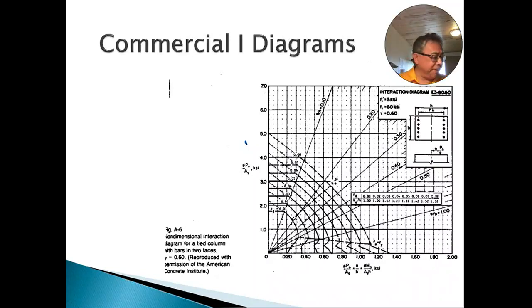Okay, we're continuing our discussion of interaction diagrams. Remember that an interaction diagram is a collection of every combination of P and M that would cause failure. One thing I forgot to mention last time, you can see that there are, I believe, 8 different lines there, 8 different interaction diagrams. What they correspond to is a percentage of steel in your column. This smallest one on the inside,